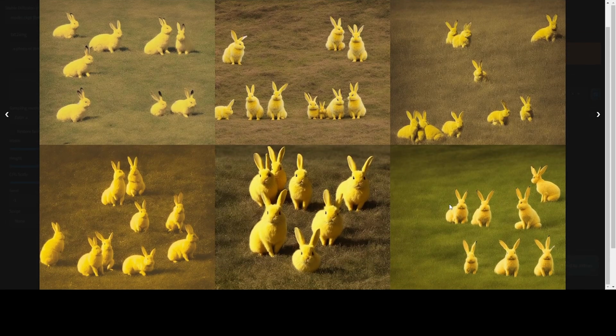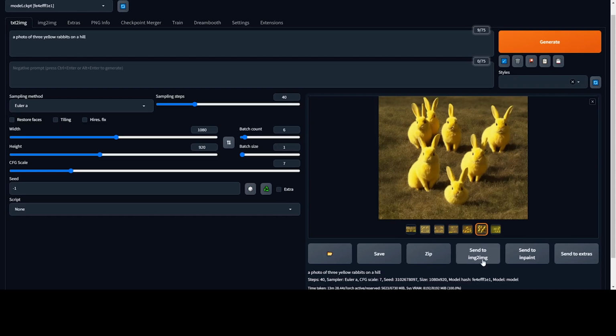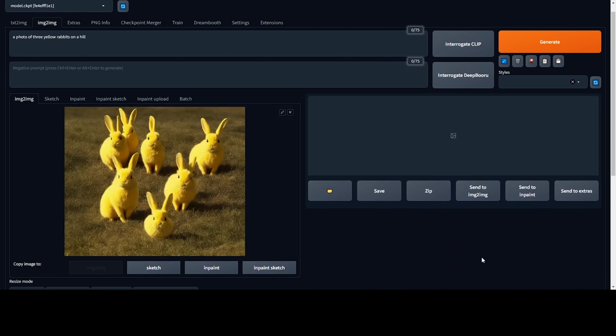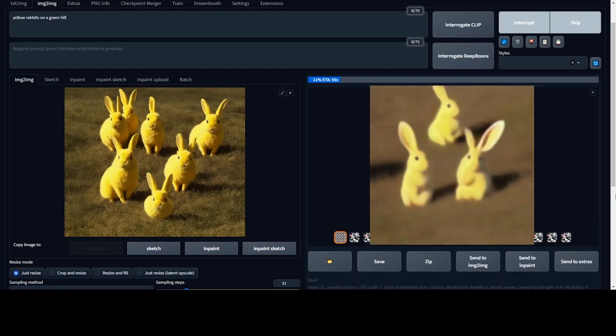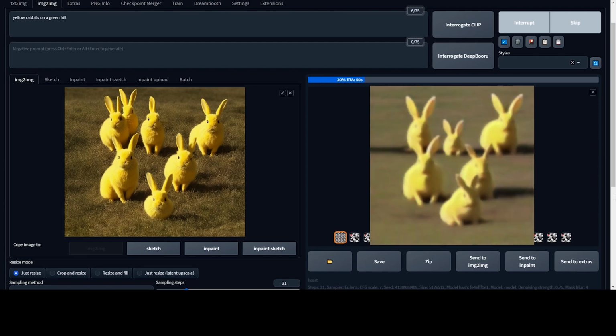I asked it to create yellow rabbits on a hill, and this is what I got. My favorite of the bunch is great, but not quite right. No problem, just send it to image to image. I add the word green before hill in order to improve the prompt, and it creates the best thing it